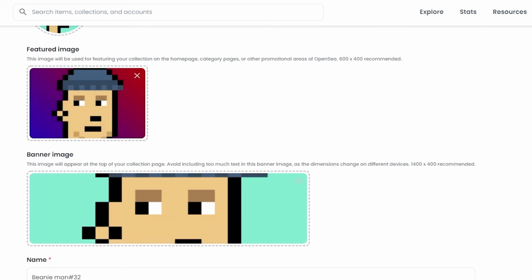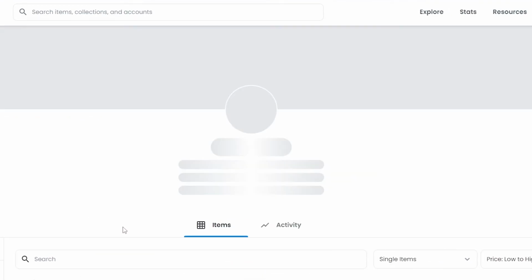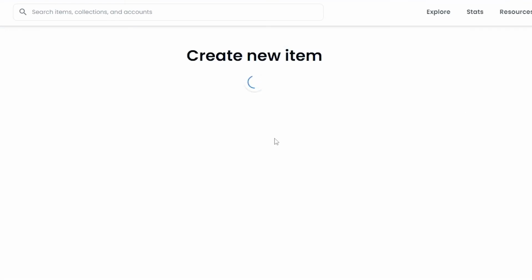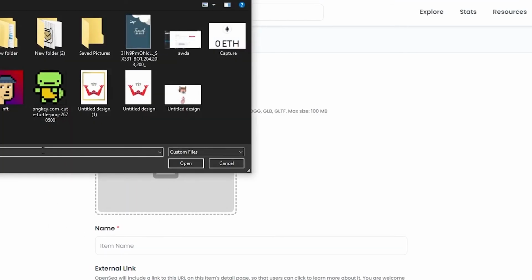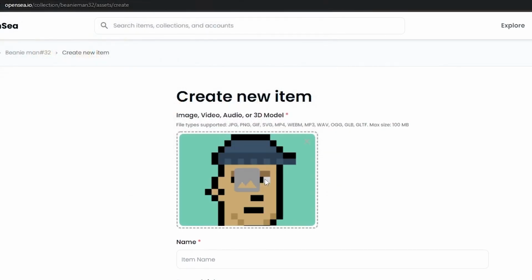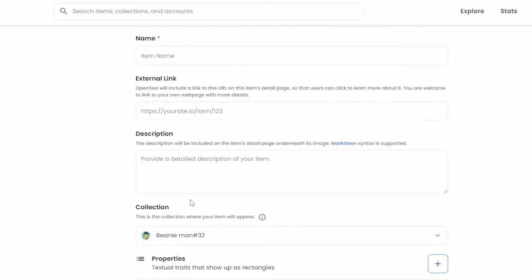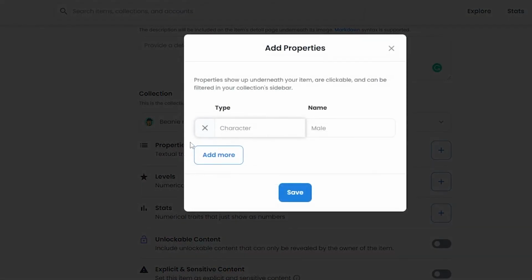Then what you can do is go over to your collection and choose the collection that you've created, and then you can go ahead and click on add item, and then you can add your own NFT. This is the main part. So over here, just simply choose the image that you are trying to upload. Just simply click on it and upload it. Enter in the name, make it a little bit unique, make it fun, different. Add in the external link, the description, choose the collection that you want, add in the properties. Basically, if you have like a special edition version or a rare version of an NFT that you are trying to